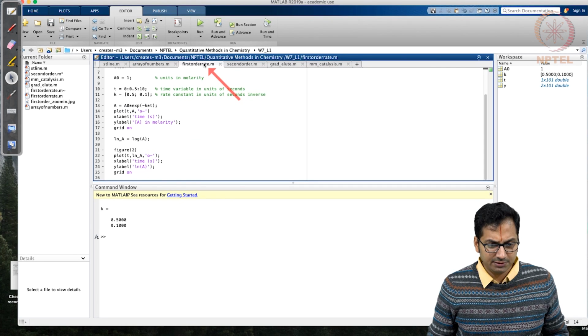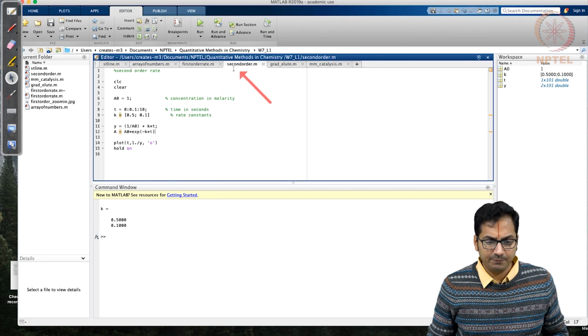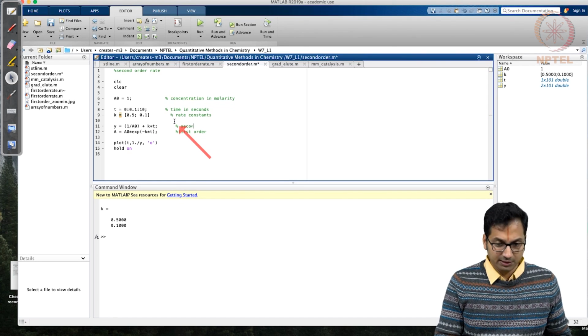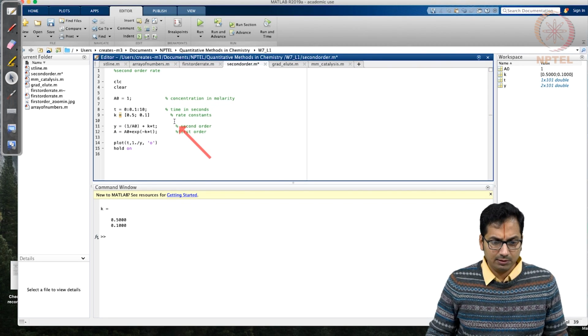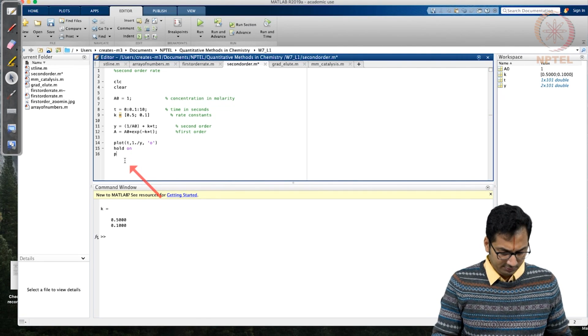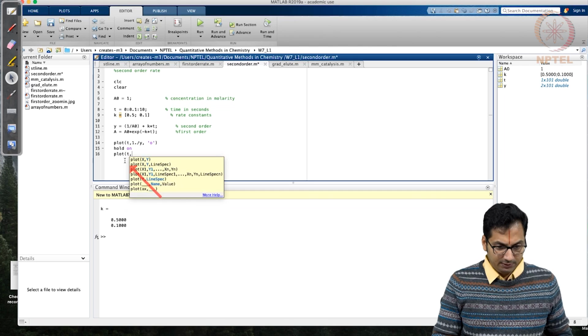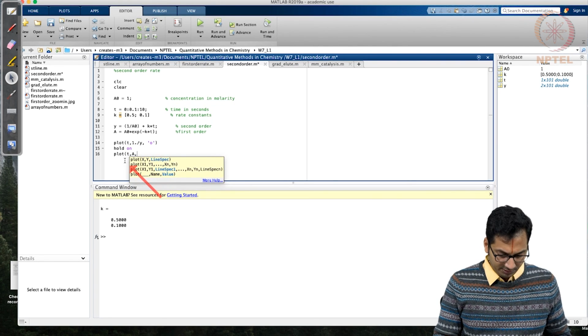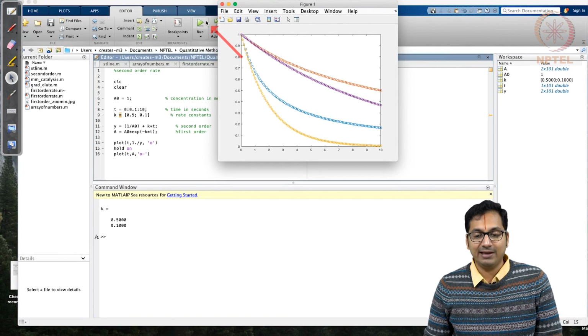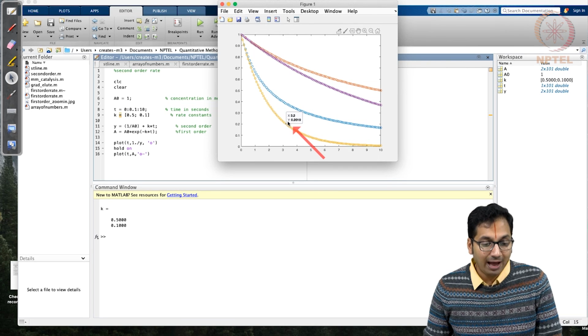It's not exp, is it? It is exp. So this is first order. Second order. Okay, and then we can say plot T as a function of A, which is what we just did, but okay, now let's run it. So what you are able to realize here, the same exact thing starts to happen.